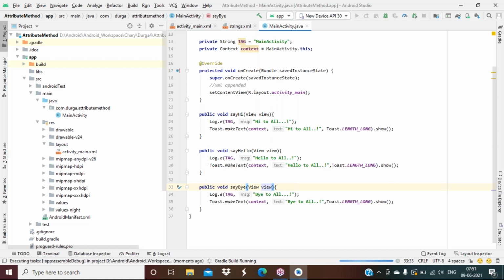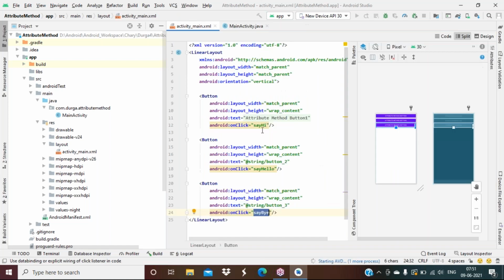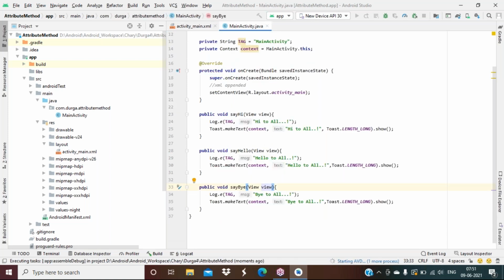But observe here in the XML what I have done. I have taken three buttons, button 1, button 2, button 3, for hi, hello, bye. Now if you understand, how many methods have I written? Three methods. Just to write some logic, I have taken three buttons.